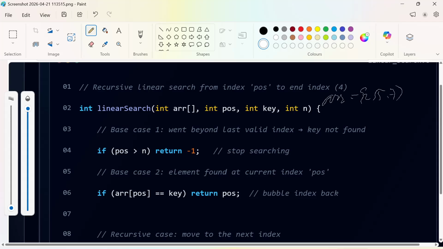Suppose we are looking for this 7 element as the key element, right? So when the